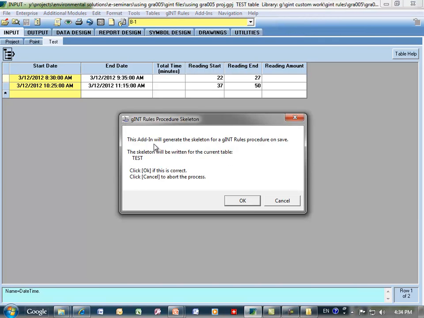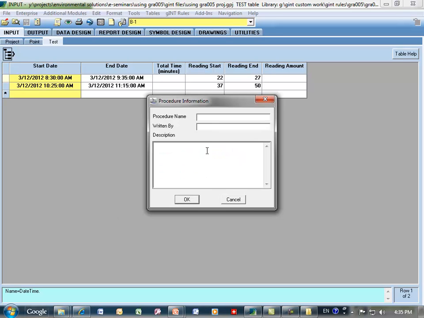It's telling you what it's going to do. It's going to generate the skeleton for a Git rules procedure on save for this table. So if you happen to be in the wrong table, you would cancel and move to that table and run it again. So in our case, it's correct. And we're going to call it procedure name. We're going to call it test save. Written by me. And description: calculates